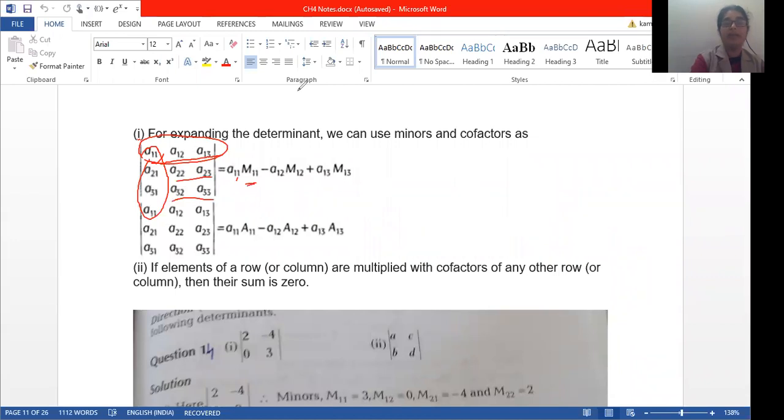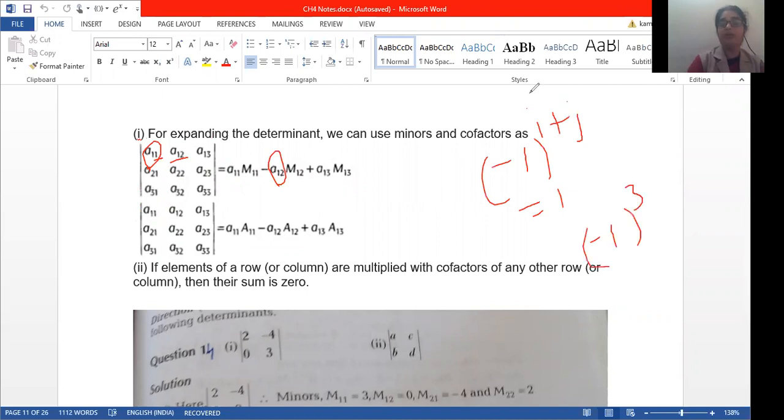Next is element a12, so a minus sign will come, because I have already told you that when we are expanding, we always see minus 1 to the power of i plus j. In a11 it was 1 plus 1, which is 2, so positive. But in the case of a12 it is minus 1 to the power of 1 plus 2, that is 3, equal to minus 1. That's why the minus sign has come. So here you have minus 1 times a12 times